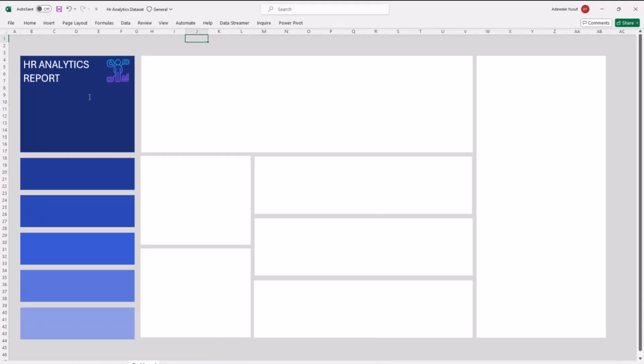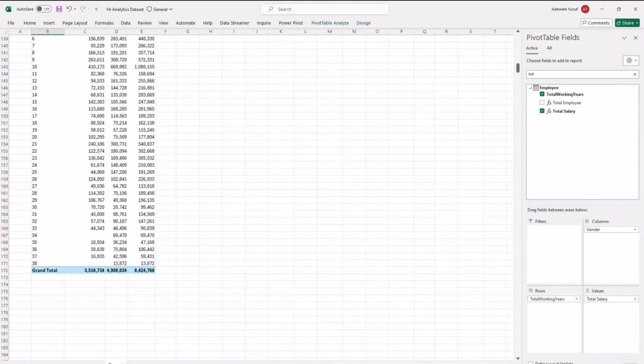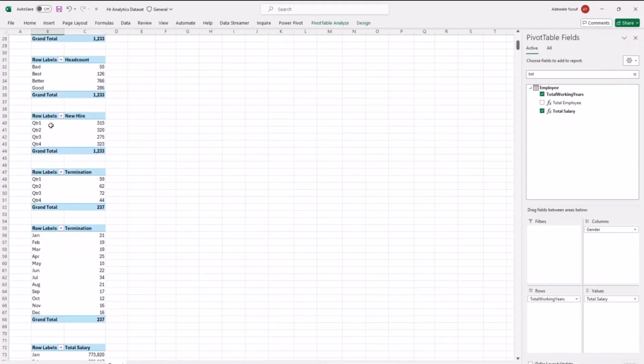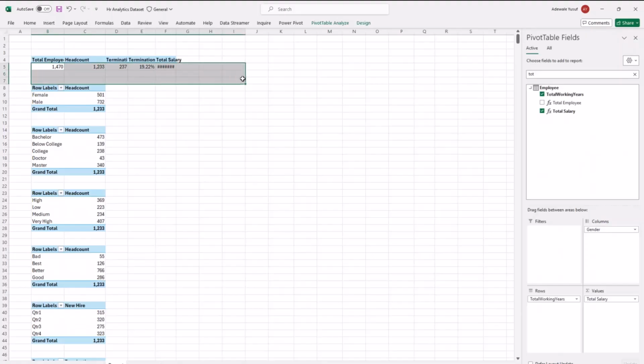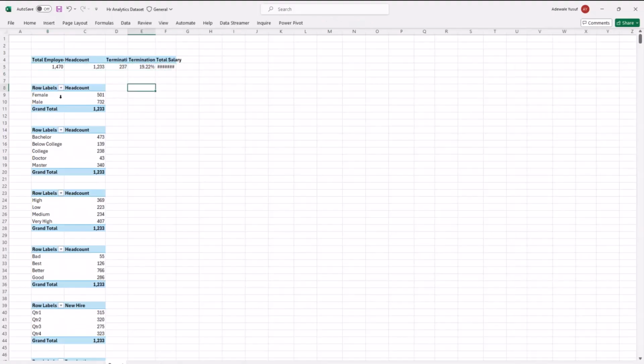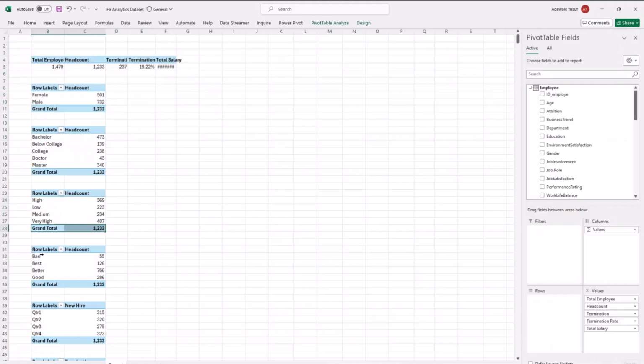So once I have this icon over here, the next thing I need to do is to decide on the report I want to build and how I want to build it. So the first report I want to build is some of my report that I have here. So let me go back. I'll come back to this first one here. Let me start with this 3 first. So this 3, I want to build a report.